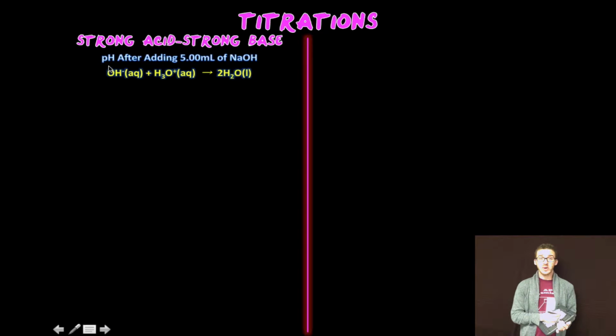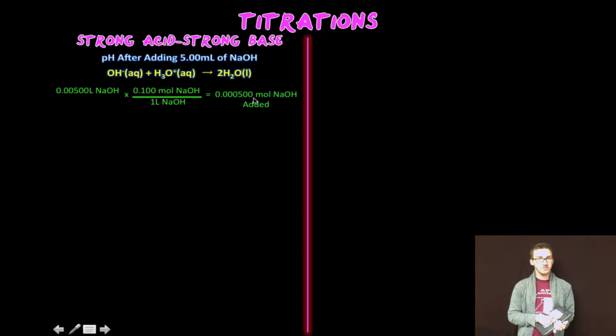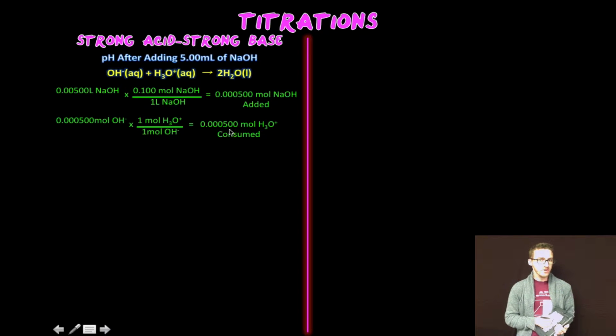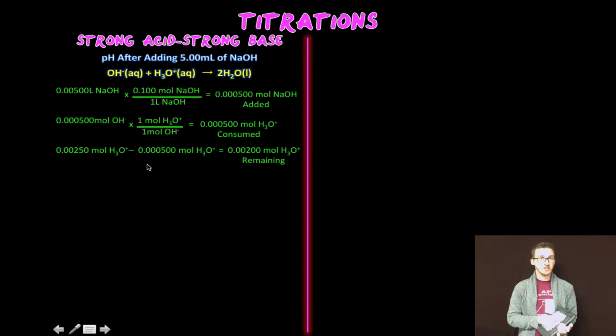Alright, next let's talk about how to calculate the pH after adding 5 mils of sodium hydroxide. Let's recognize that 5 mils of sodium hydroxide is coming from our 0.1 molar solution, which means that we've added 0.000500 moles of sodium hydroxide. And recognize that that is going to react in a 1:1 ratio with the HCl, which means that we're going to consume 0.000500 moles of HCl. Recall that we started with 0.00250 moles of HCl, and we're going to subtract the 0.000500 moles that reacted with the sodium hydroxide, which means that we have